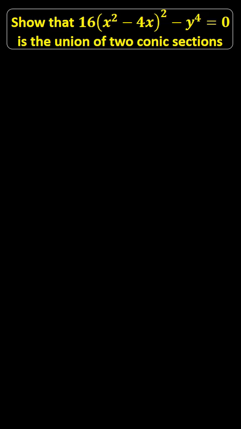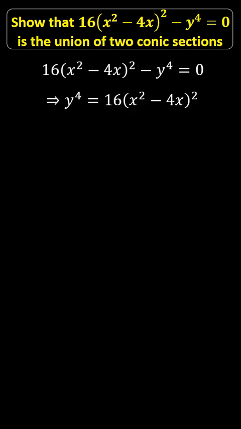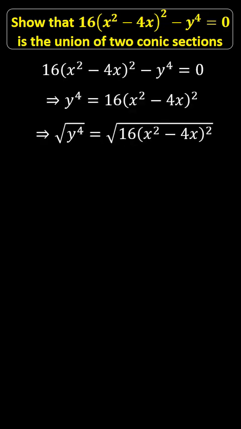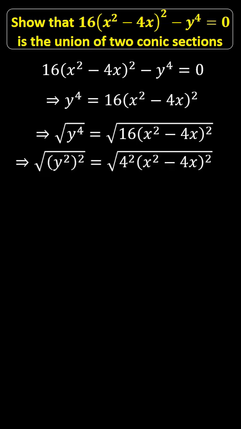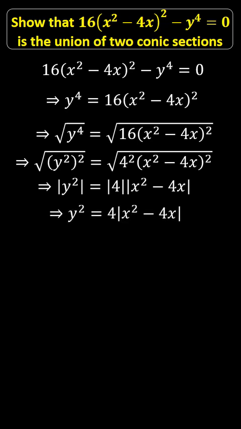Showing that this equation is a union of two cones entails the procedure below. First, I need to solve for y to the power 4. Next, I take the square root on both sides. I identify y to the power 4 as y squared all squared. I use the absolute value definition of the square root of a function squared, and then now I obtain this